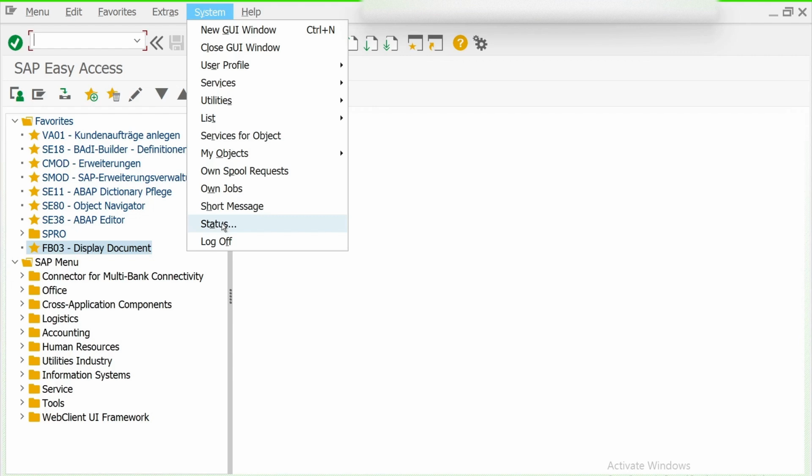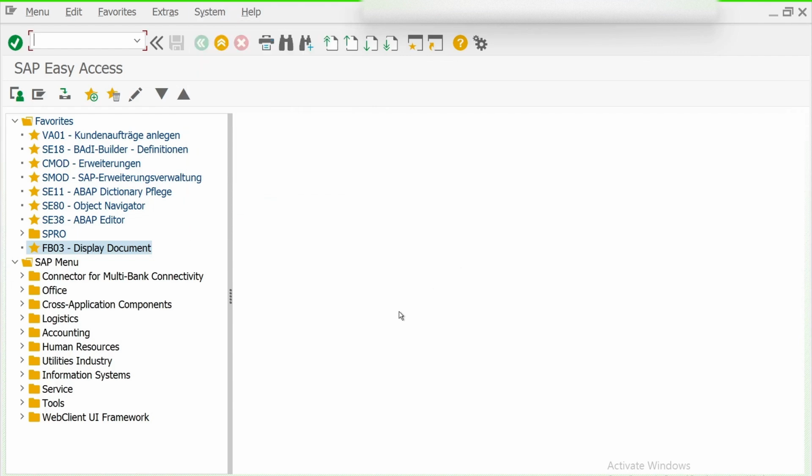Now I will show you the reference IMG screen. I have already told you how we can land upon that SAP reference IMG screen. So there are two paths. The one is here through the SAP menu itself.